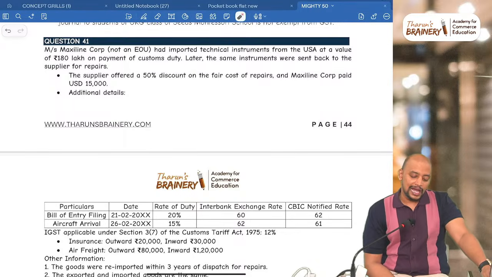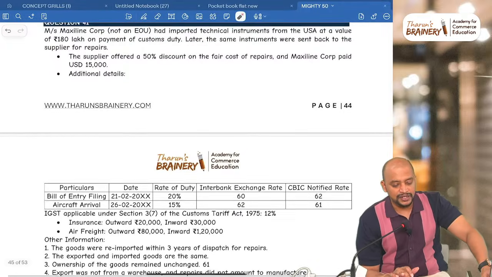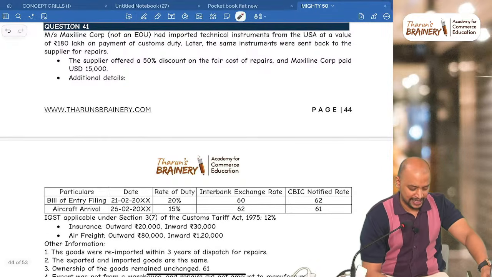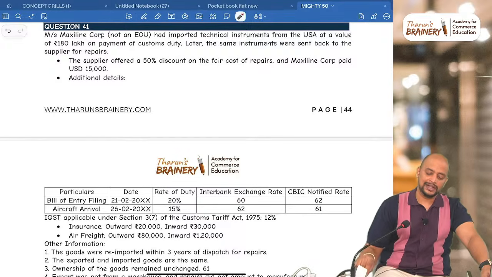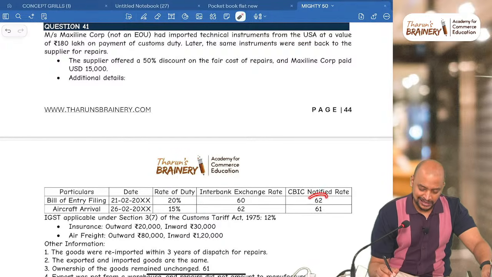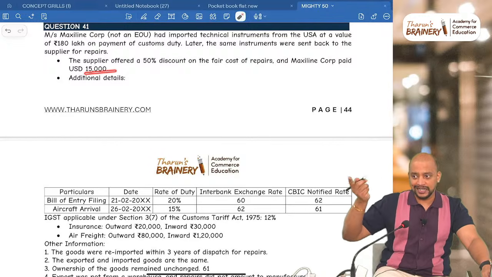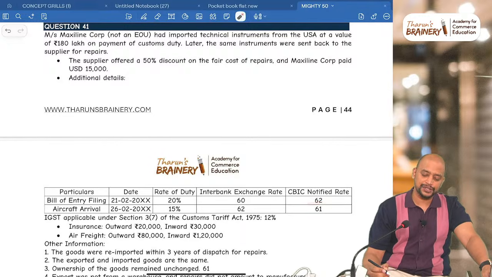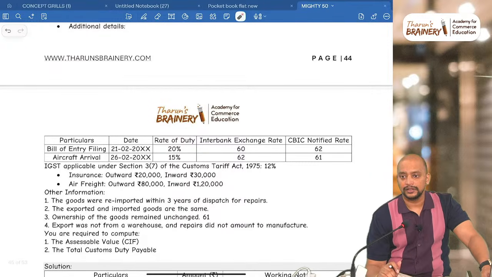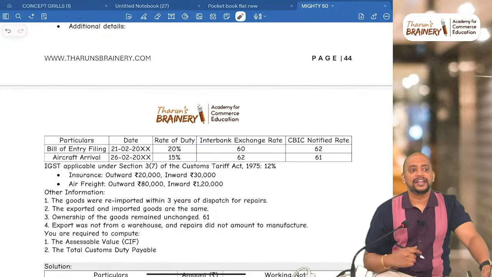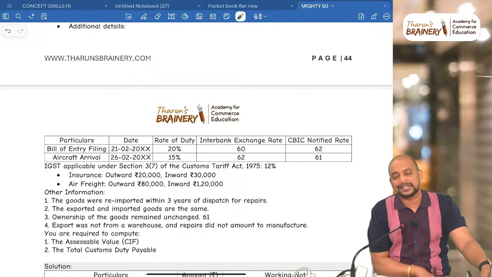$30,000. Additional details, bill of entry and arrival of aircraft. So what should be taken for exchange rate? We need to take bill of entry. What is the CBIC notified rate? 62. So 15,000 plus 15,000, because 30,000 into 62. Please do 30,000 into 62. 18,60,000, and whenever the imported goods are exported for repairs on re-import, we need to pay customs duty on fair